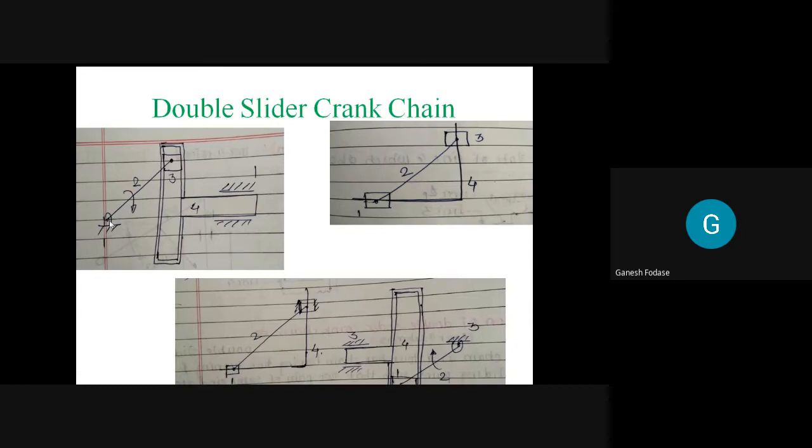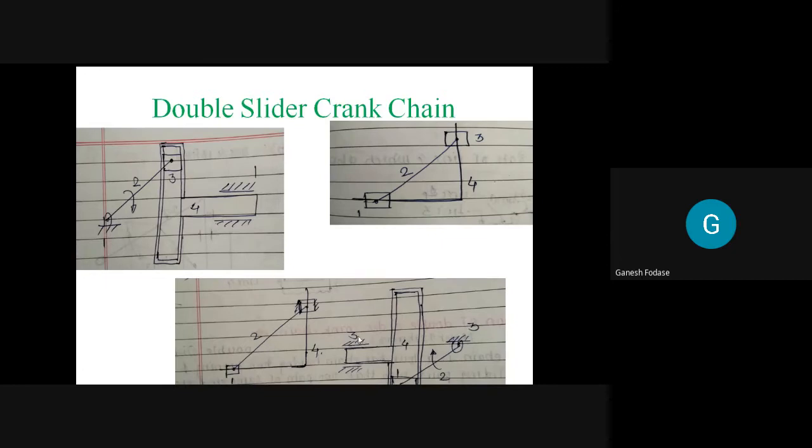Okay. So in the first case, link number 1 is fixed. In the second case, link number 3 is fixed. In both cases, 2 will act as a crank. And of course, in that case, when 2 acts as a crank, link number 4 will reciprocate inside a fixed link. Now, which link is fixed in the first case? Link number 1 is fixed. So 1 and 4 will form a prismatic pair.